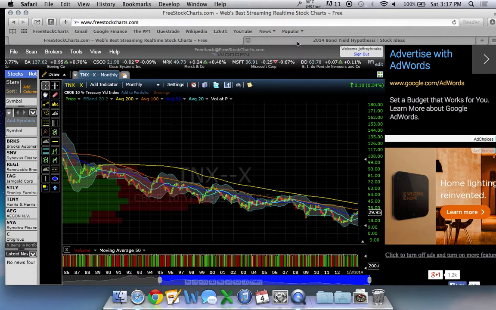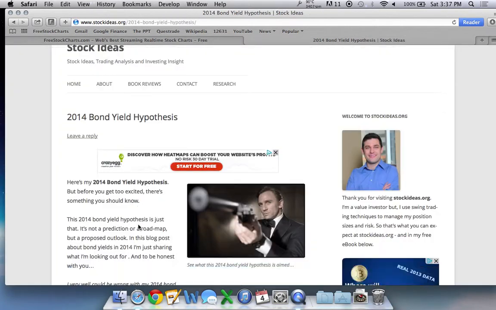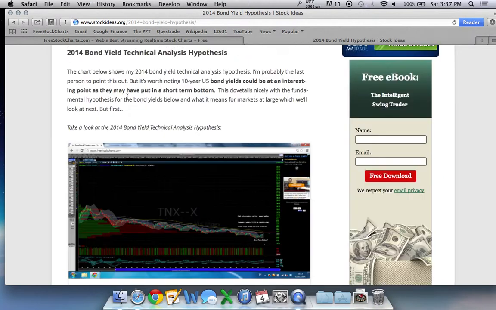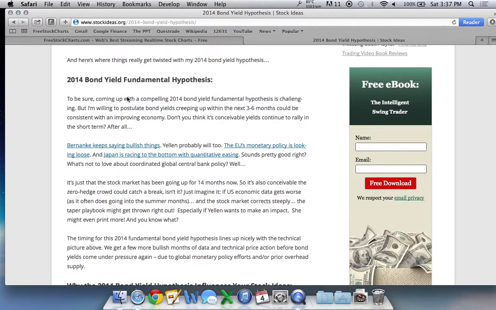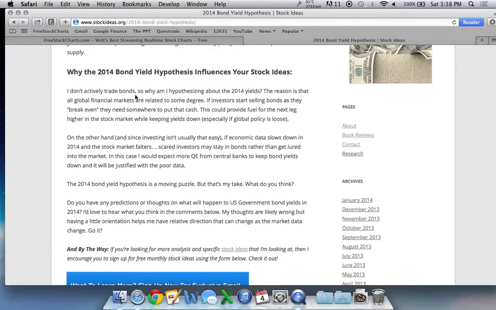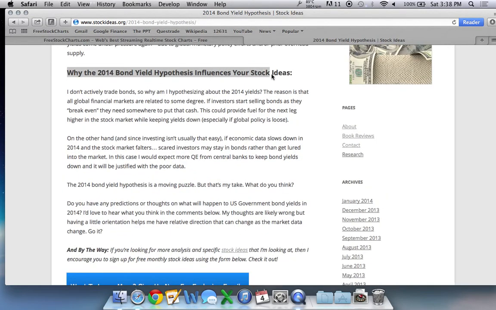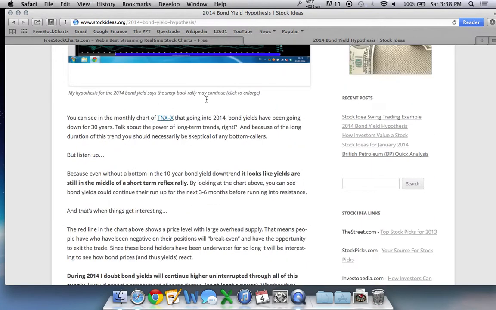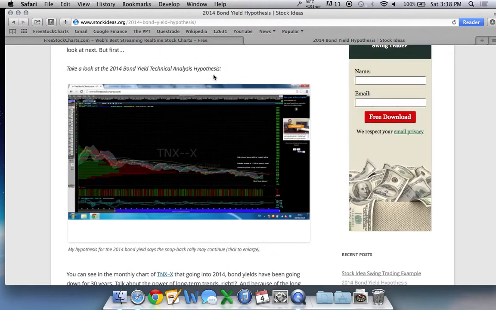Now this is obviously only the technical perspective, but I really encourage you to check out this blog post that I just wrote to get another look at how this kind of all dovetails with some of the fundamental stuff. Of course, there are big implications on how bond yields influence the price of your stocks. So it's important to consider global money flows when you are building your investment theses,